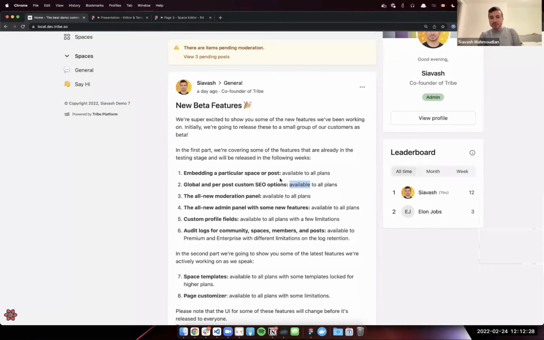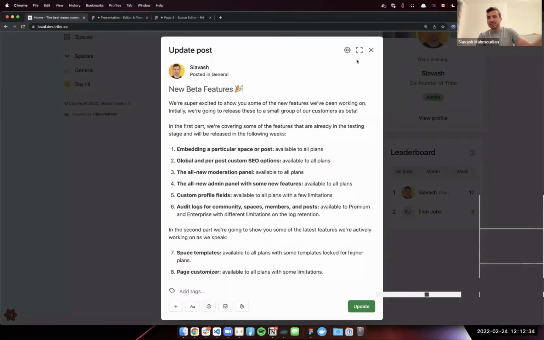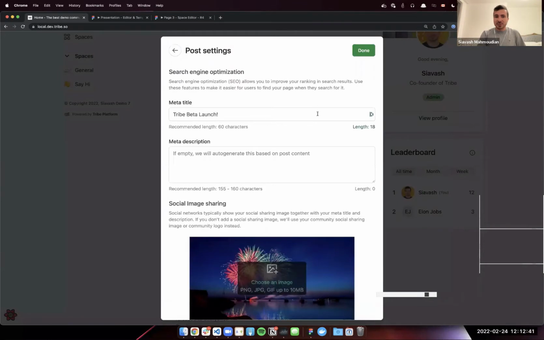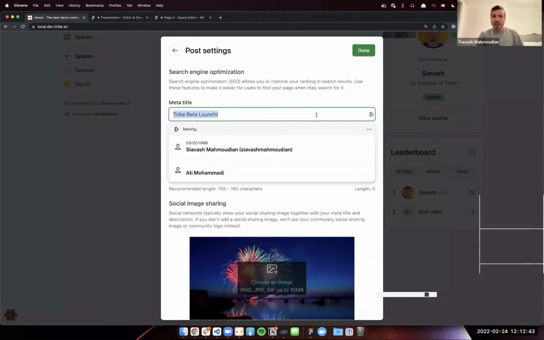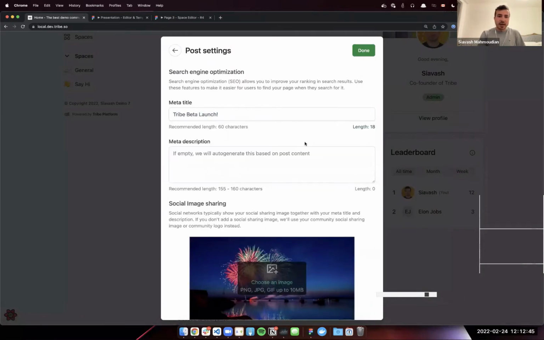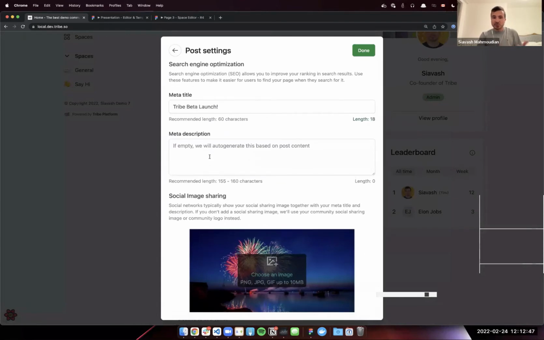To handle this at the post level, you can easily click on the edit button, and you can see the same thing when you're creating a new post as an admin, by clicking on this new gear icon here. Then you can set up a custom meta title, a custom description, and also a social image.